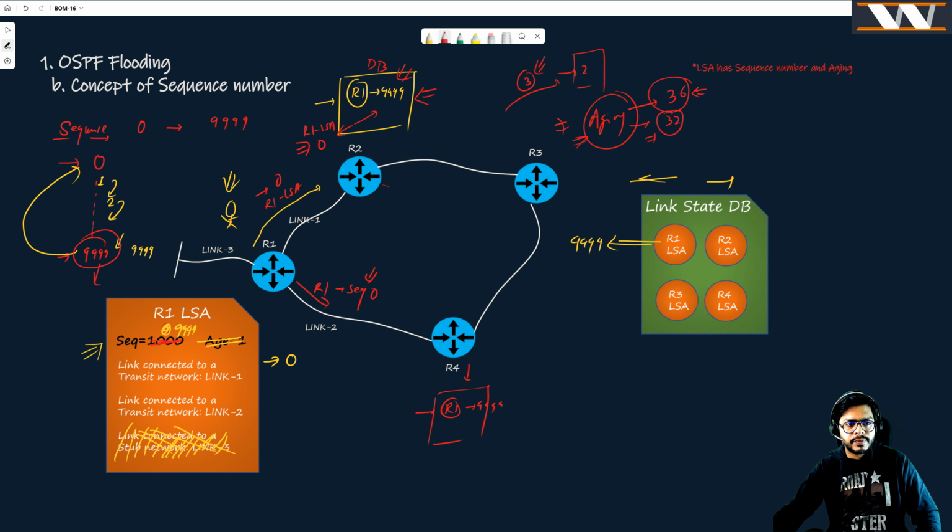And by the way, guys, we call this sequence number space, whatever we are using, from 0 to 9999. And then when we move back again to 0, it is a kind of circular sequence number, which OSPF uses. And that is why there is another concept. The concept name is aging. You know why we are including another concept: because the sequence number was not serving well in a specific scenario. So let's